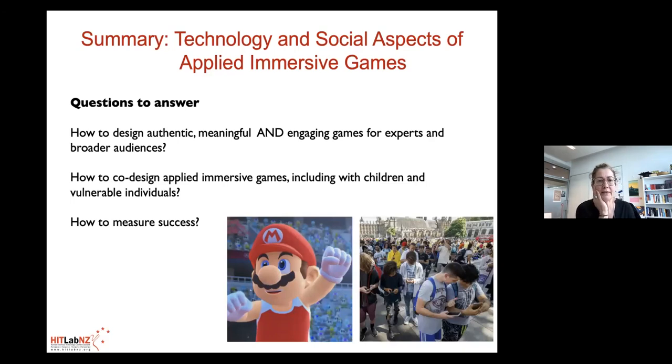And to summarize, the questions that I'm trying to answer in my research on applied immersive games are what I just said: how to design authentic, meaningful and engaging games for experts, but also for a broader audience; how to co-design applied immersive games, including with children and vulnerable groups; and how to measure success. I think that's a really huge research endeavor, but I'm really excited to be here,